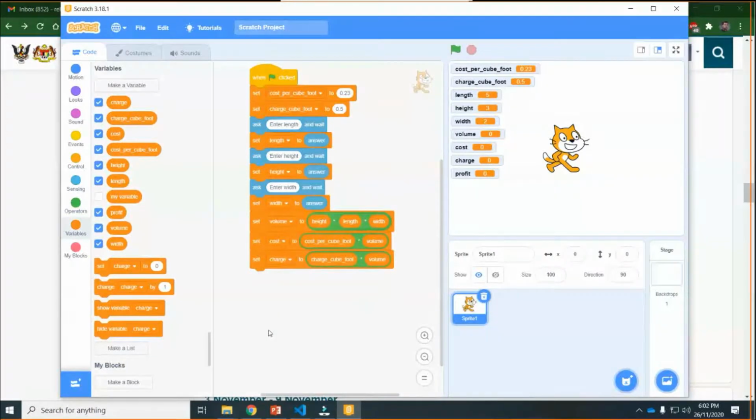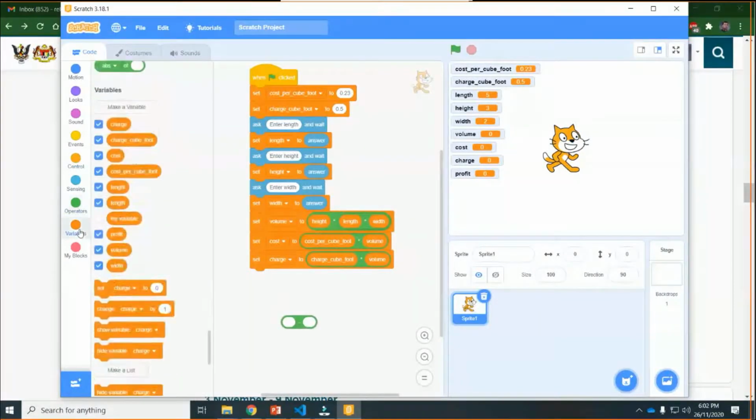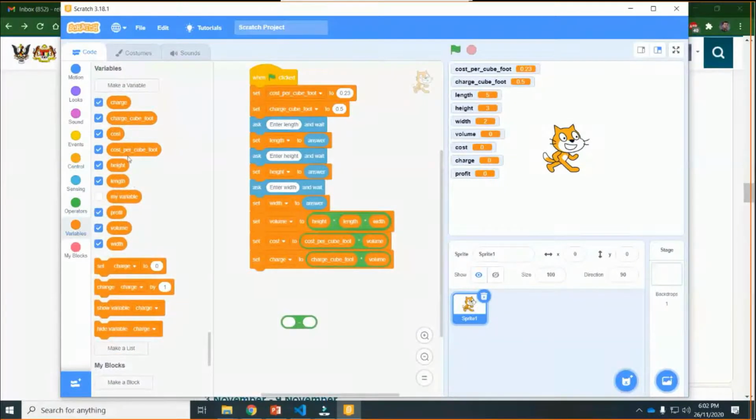What's left? Profit, right? So profit is charge minus cost. This time bring minus, not multiplication. Go to variables: charge minus cost. Note that it should be in proper order.